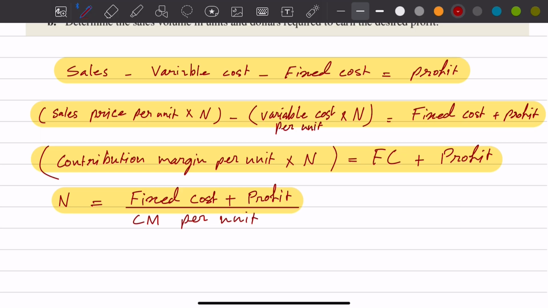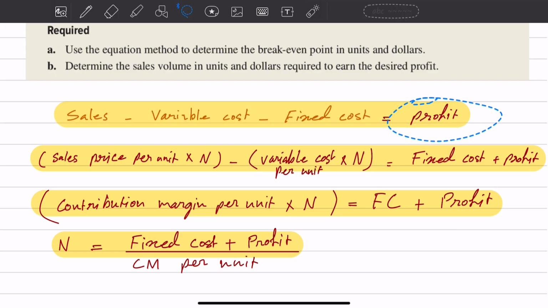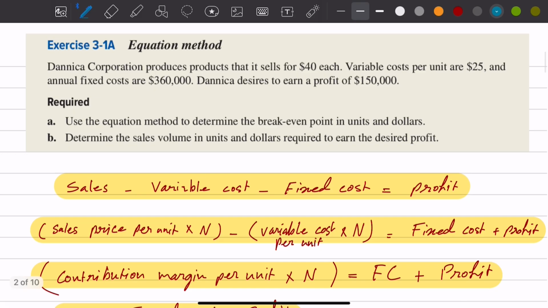Alright, so let's start working on our solution. For part A, remember, the question said use the equation method to determine the break-even point both in units and in dollars. So remember that we said that the break-even point is the point where the profit is equal to 0, right? So what we're going to do, we're going to use our formula based on the data that we were given